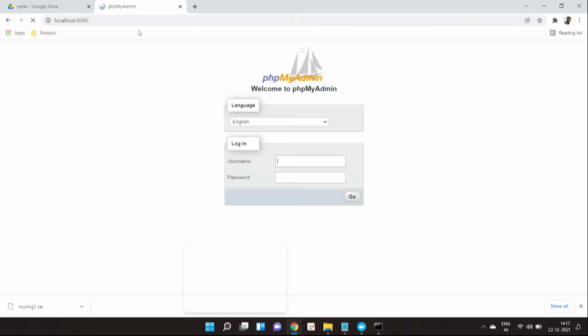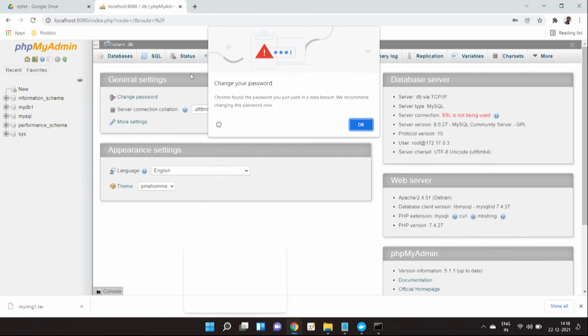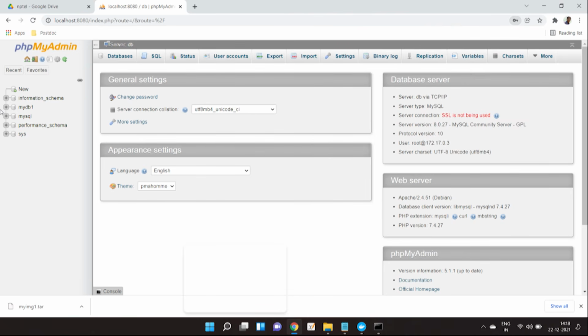Here this phpMyAdmin is running, and let us log in. Here you can see that this MyDB1 that was created earlier is there.